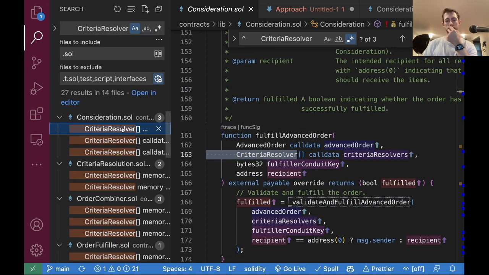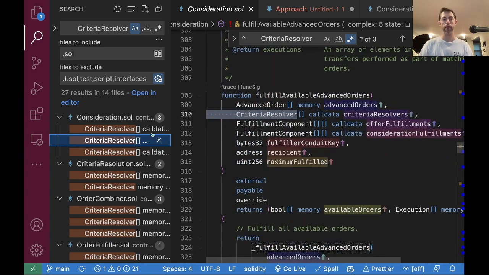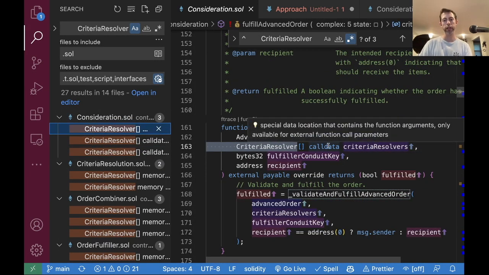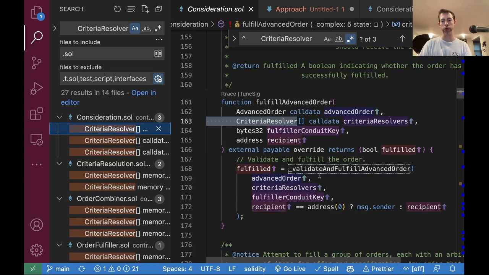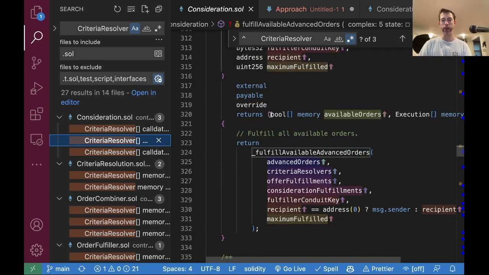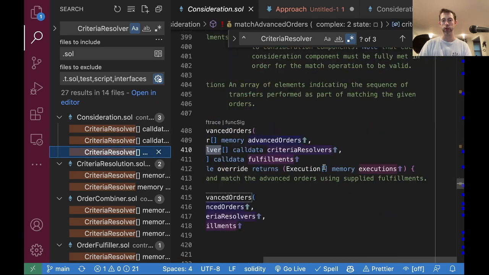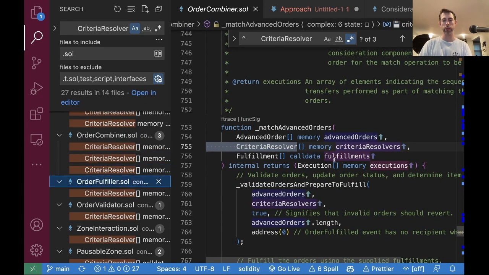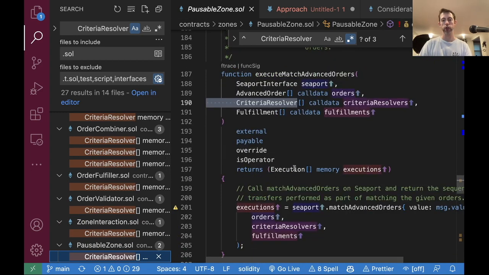I'm just looking for any other functions that have criteria resolvers in there that are calldata. Like, look, this one uses calldata. So this is getting close. Oh, this one has a return. Calldata resolver, maximum fulfilled. So, like, these are returning tuples. This one's returning a tuple. Bool memory, this is dynamic. And then executions, that's also dynamic, so that's not eligible. Returns executions, that's dynamic, memory, ineligible, memory, bool, memory,